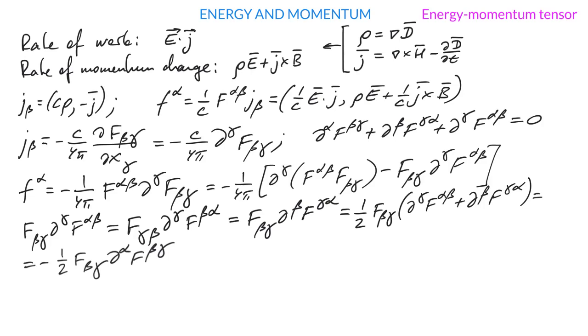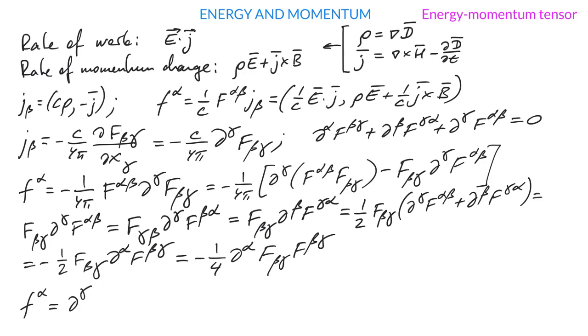Okay. Now we notice that F_{βγ} appears twice in this expression. First here and then here. So I can then rewrite this in an obvious way as minus 1/4 ∂^α of F_{βγ}F^{βγ}. So now everything is written in terms of a full four-dimensional derivative of some expression. So I can write f^α equals ∂_γ,